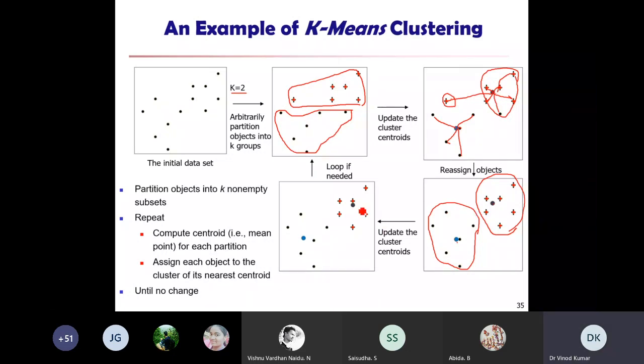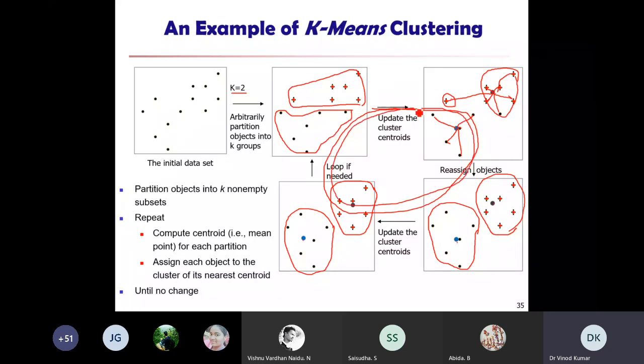Next, again you can see, when we update the centroid, the centroid location reached somewhere here, and this also shifted slightly. So now the assignment of the different data objects is changing. You can observe it here. We will keep on doing this repetitively. You can see we started from this, and it is forming a loop kind of thing. We will keep doing this until there are no more changes, and then we will terminate.